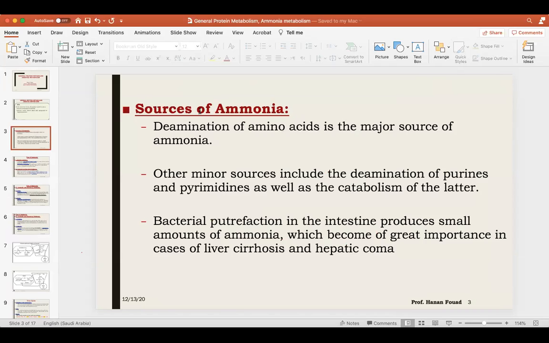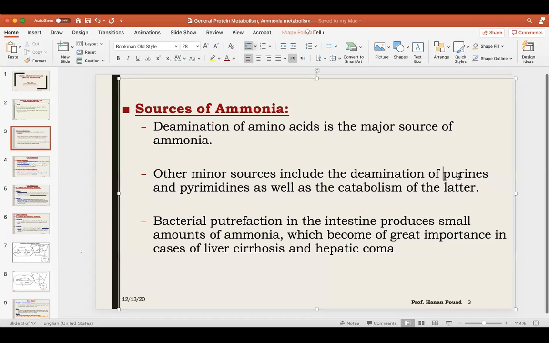Ammonia comes from deamination of amino acids. And ammonia is very, very toxic. As I said, nitrogen is toxic. Ammonia is NH3, nitrogen and three hydrogen atoms. The main source is removal of the amino group from amino acids. Another minor source is catabolism of purines,